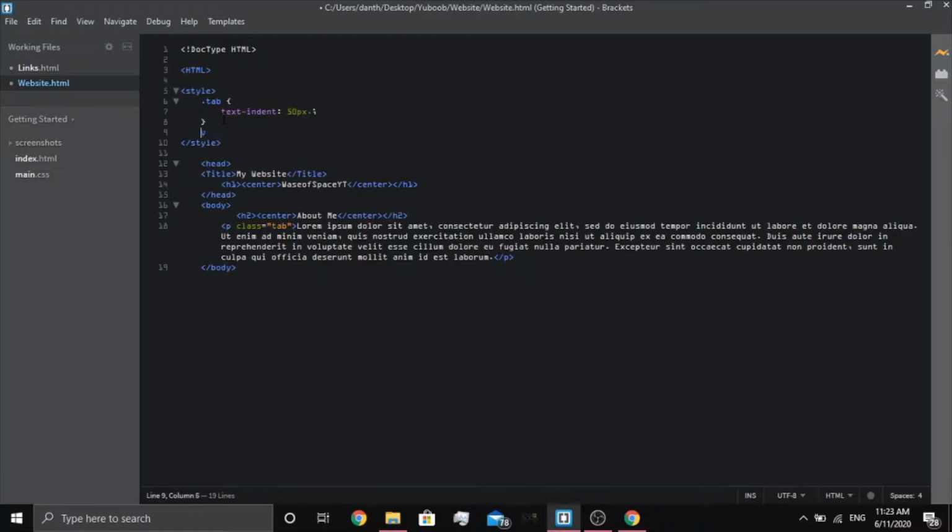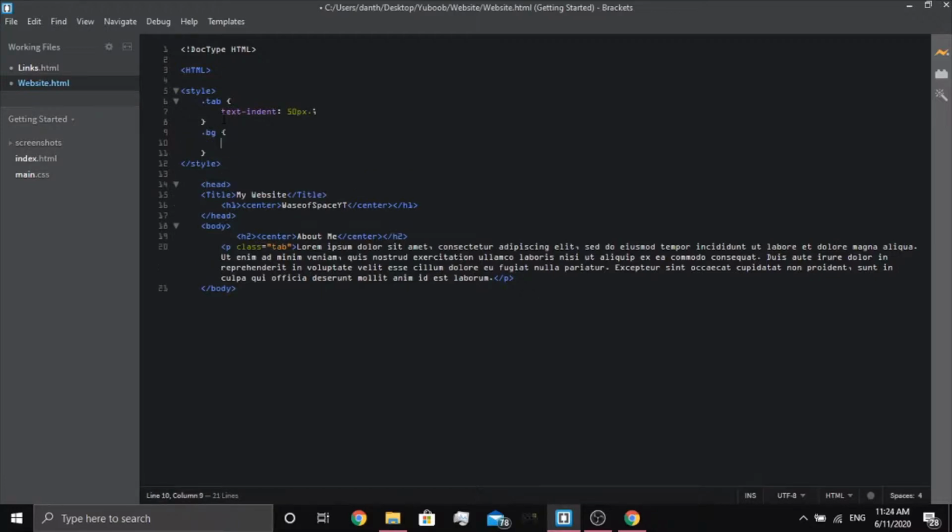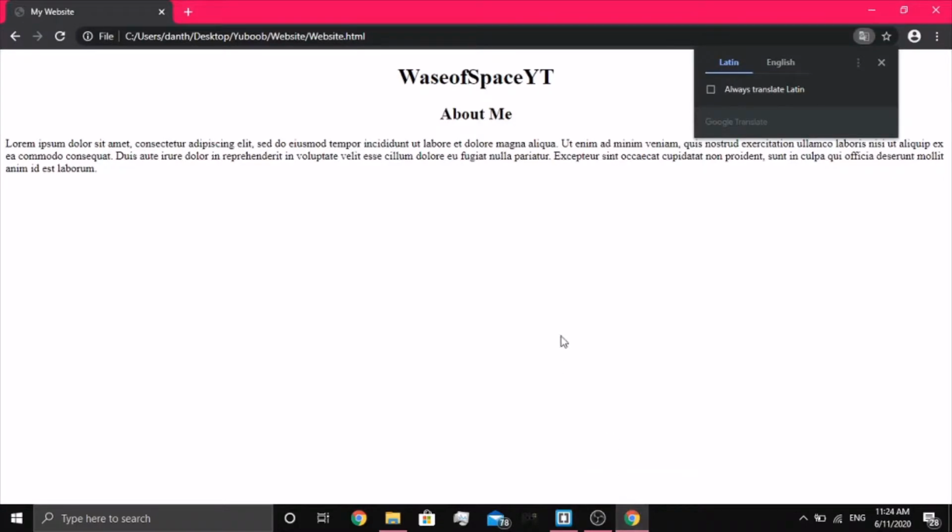No, I'm going to do .bg background color. Now here you can do hex, which I only know one hex code off the top of my head. 40 beef, that's an actual hex code, which will make it, hopefully